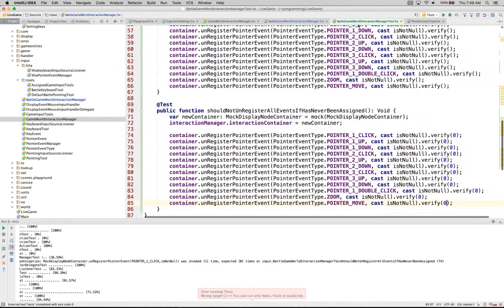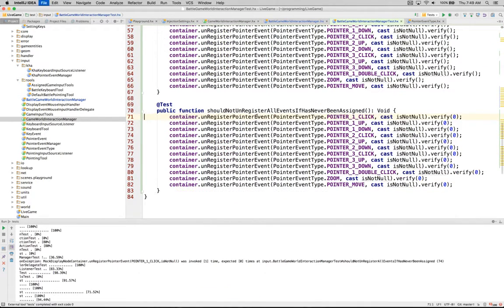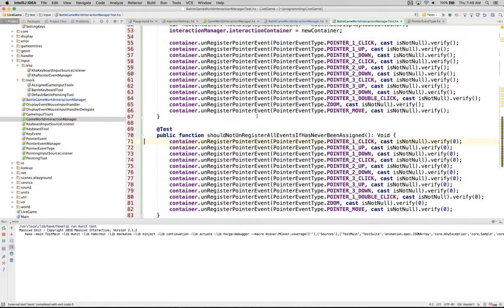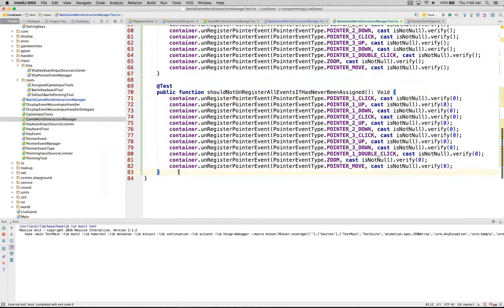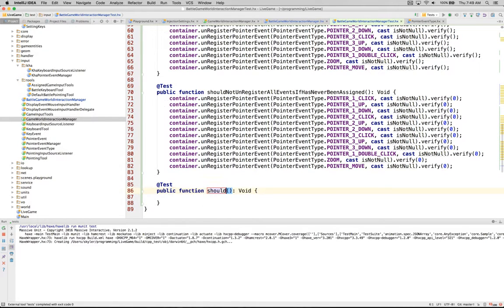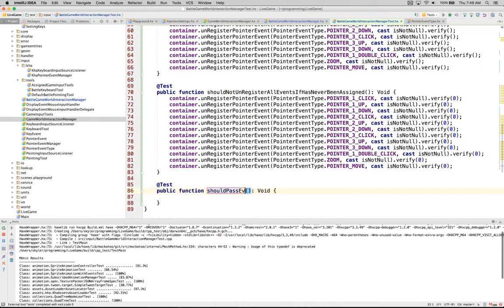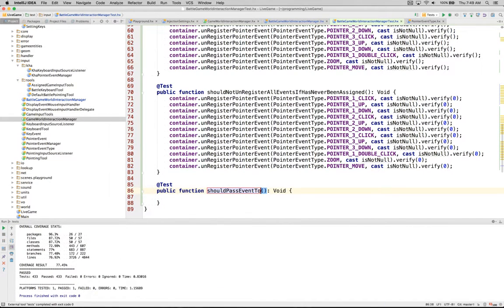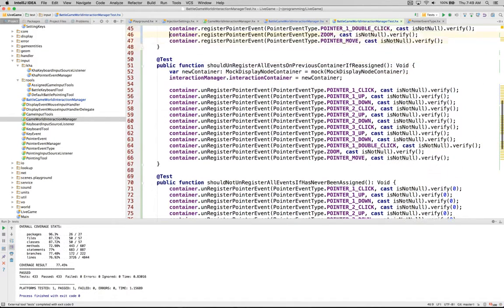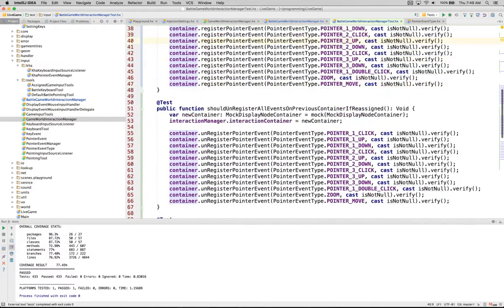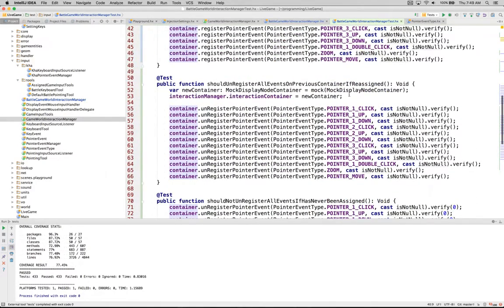I think we need to do this. There we go. So now it should pass the event to the game tool to print the game tool. So what we're going to do is we're going to reassign